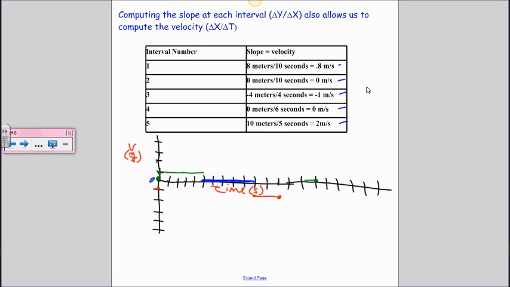6. So you may have noticed for velocity graphs, unlike displacement graphs, you do not connect the lines from where they end to where they begin. So this line from leg 1 to leg 2 is not going to look like this. It's not going to be slanted. You move the entire line over to the velocity and you draw a flat line at that point during the time interval they were traveling at